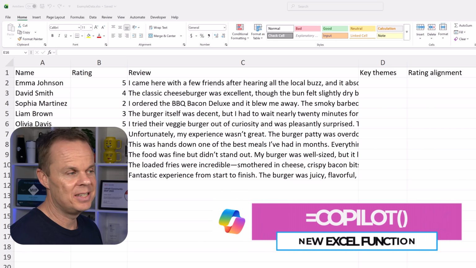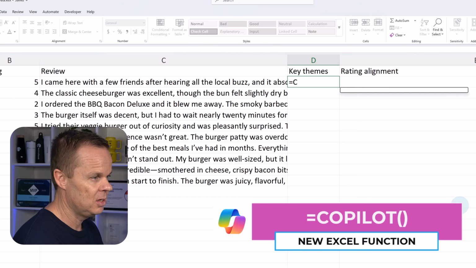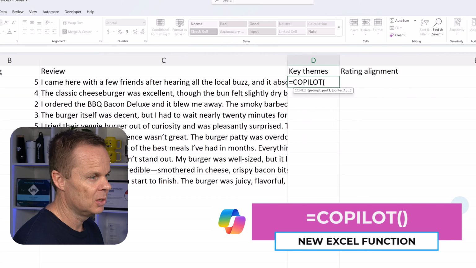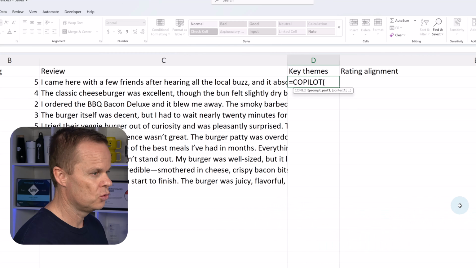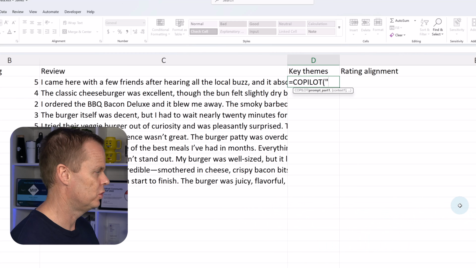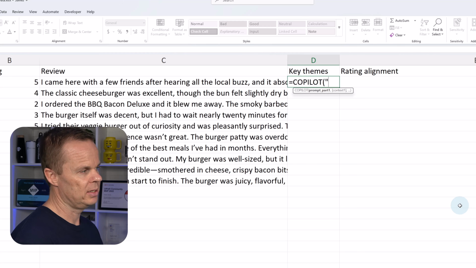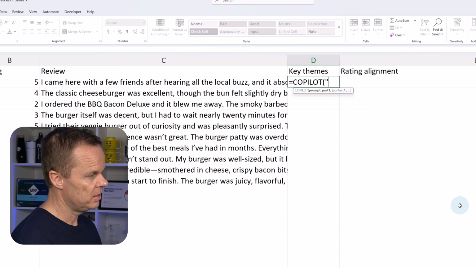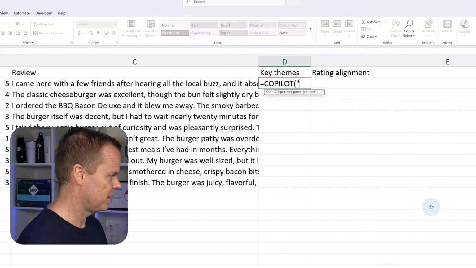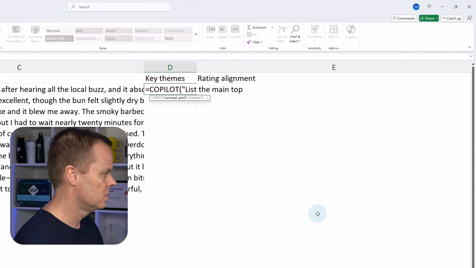To use the new fantastic Copilot function, just go to any cell, type equal, then start typing Copilot. Then we give it a prompt. Make sure that those are in double quotation marks. And let's say I want to list the main topics from the review column. These are all reviews of my burger bar. Then I simply say something like list the main topics